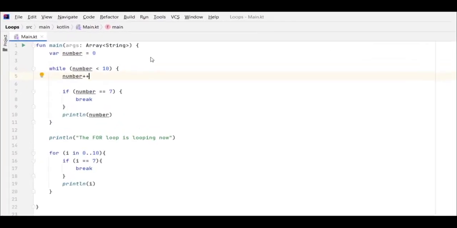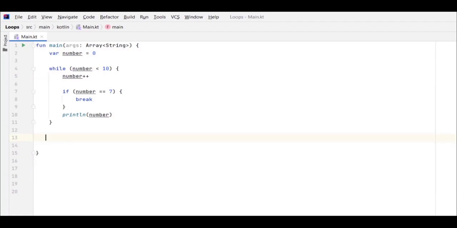Next, we're going to look at how we can nest loops within each other, and we're going to look at an example using the while loop. So I'm going to delete the code of the for loop and the println statement there. I'm going to delete the if then statement, the break keyword, and I'm going to bring the println function up there. Down here I'm going to declare a